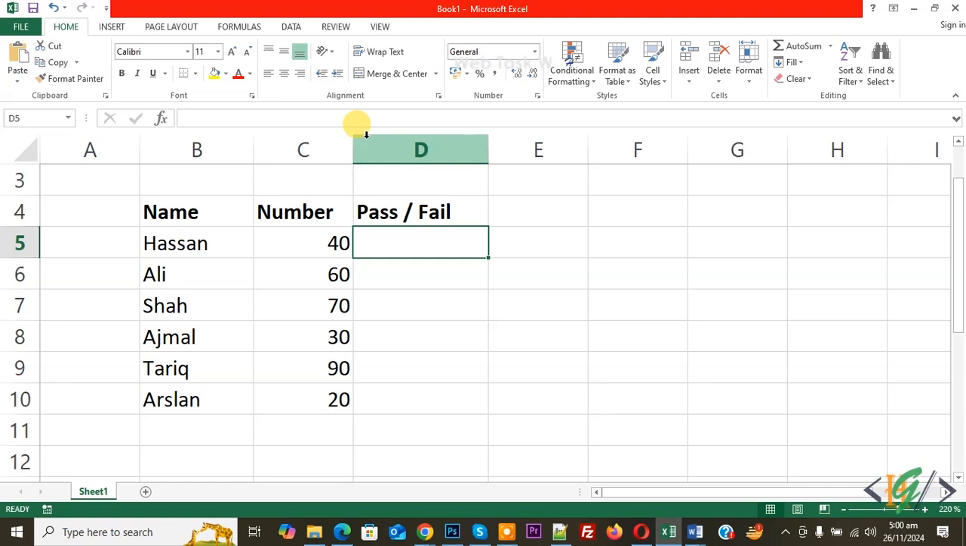Bismillahirrahmanirrahim. Assalamu alaikum. My name is Hassan and today we are going to calculate student pass or fail in subject